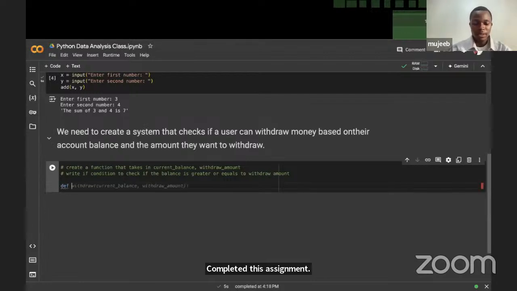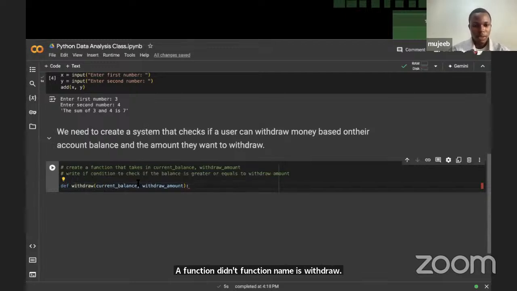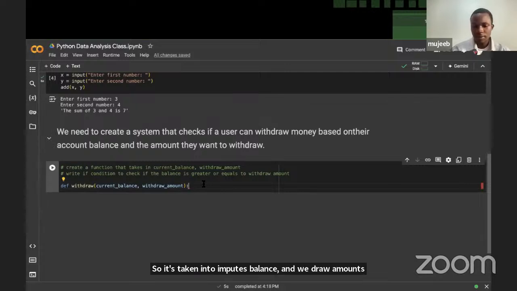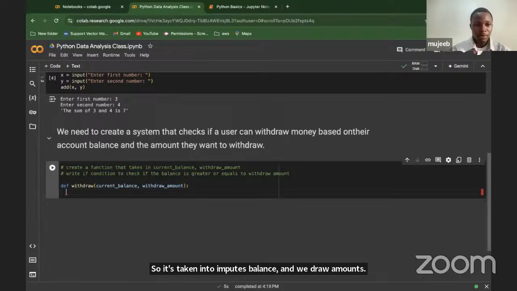So let's proceed by saying, oh God, I'm also lazy, right? Let me just accept. So here, let's review it. It's created a function. The function name is withdraw. So it's taking in 2 inputs, current balance and withdraw amounts, which is fine, exactly what I want. So the next step is to convert current balance to float. So let's say current balance